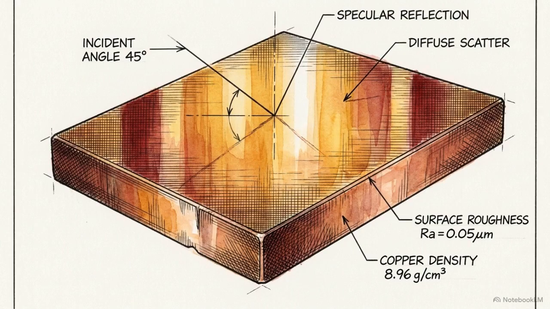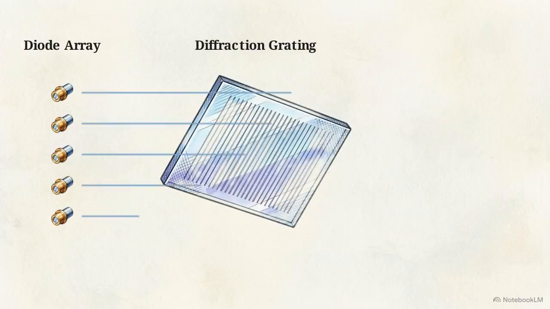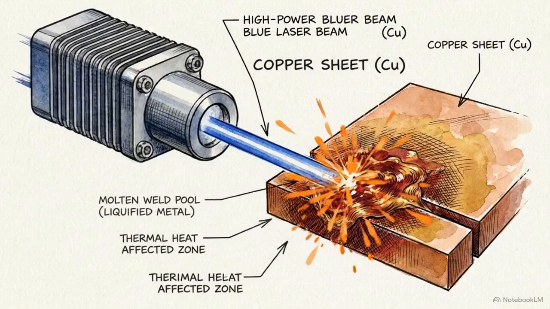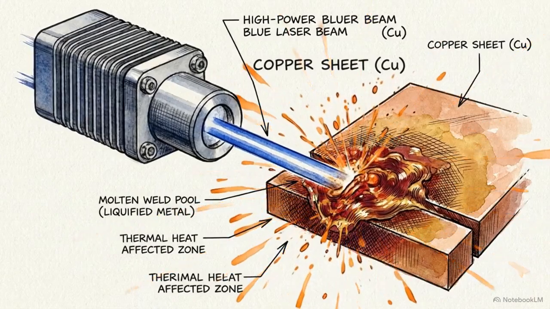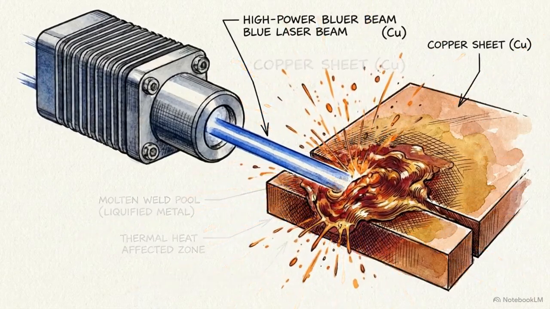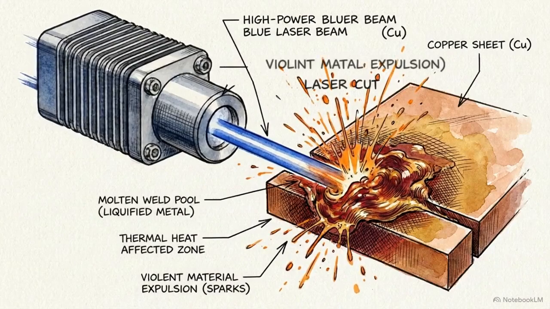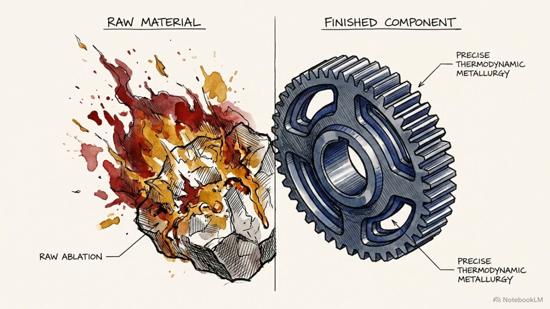For highly reflective copper, which rejects infrared light, engineers utilize wavelength beam combining. This merges the output of multiple blue diode emitters into a single, high-intensity beam. Because bare copper absorbs blue light exponentially better than infrared, this allows for stable, high-power welding and cutting. Controlling the temporal shape of a pulse, or merging specific wavelengths, has transitioned metal processing from raw ablation into precise